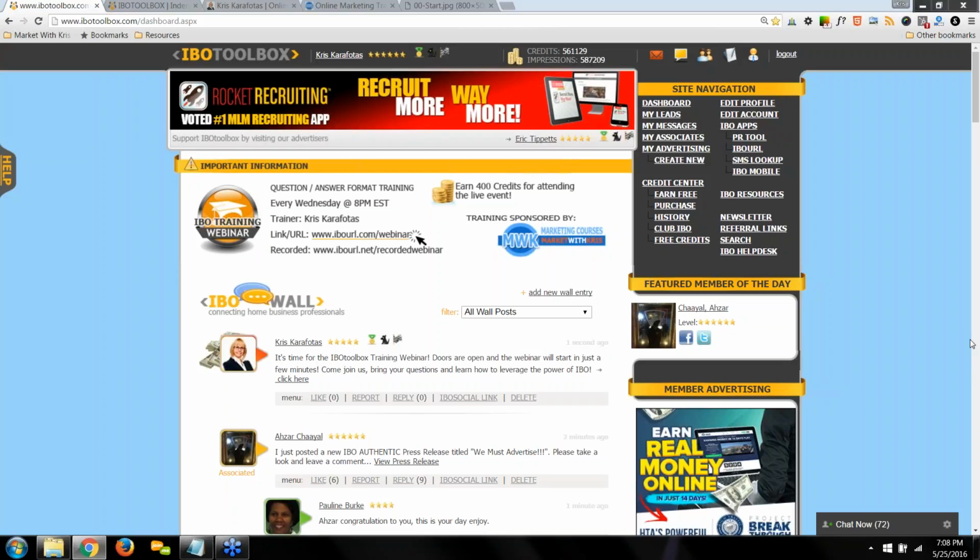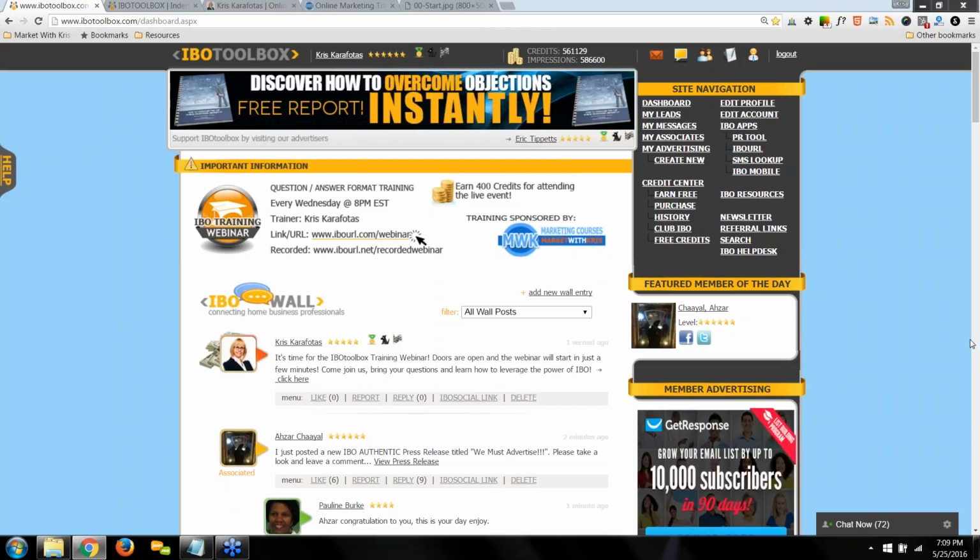So here's how it works. You publish out a press release, and someone goes to Google and Yahoo or Bing or one of the major search engines, and they enter in search terms that equal what you've written about in your press release or what you've put up a video and given it certain keywords. They've entered in those search terms into the search engines, and that's how they're finding you on IBO. So it's really based on more participation. So the more you participate here on the platform, the more you're going to get in front of your targeted market.